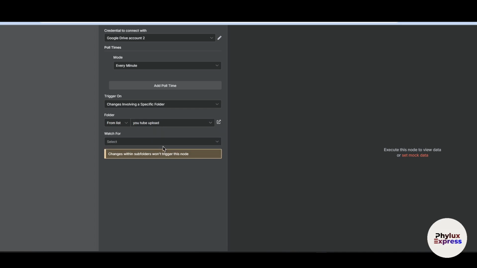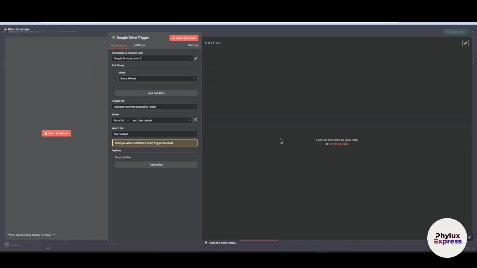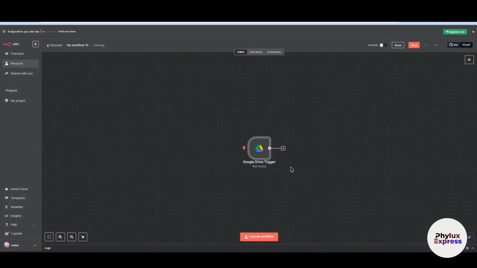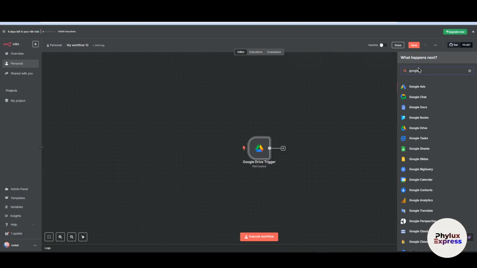Now select that and then you have to select watch for. So I will choose file created. Basically, when a file is uploaded or created in that folder, it will trigger in that specific operation. Now I have set up a Google Drive trigger. Now let's add our Google Drive download. So just search for Google Drive